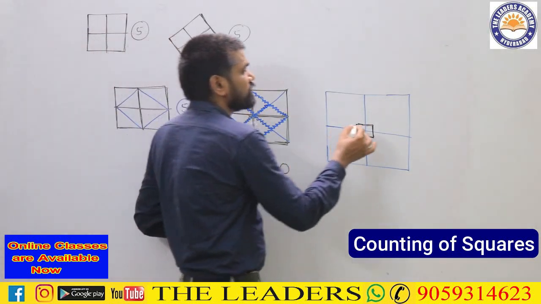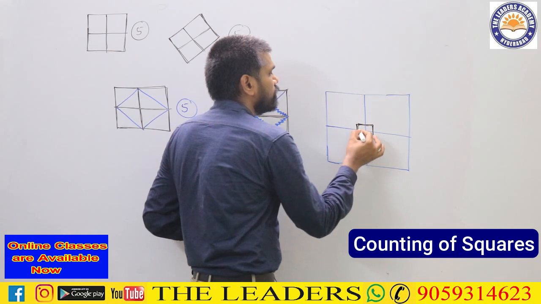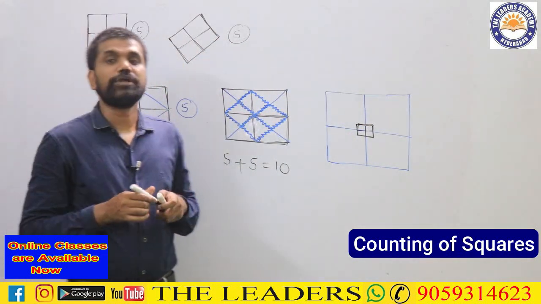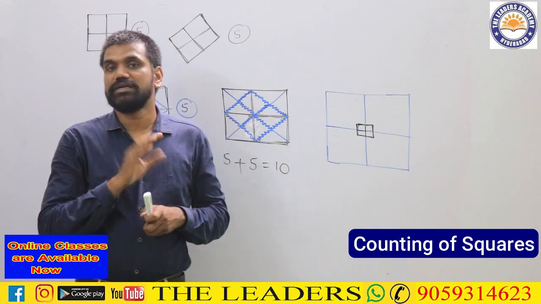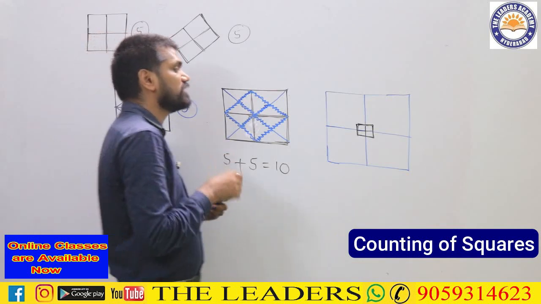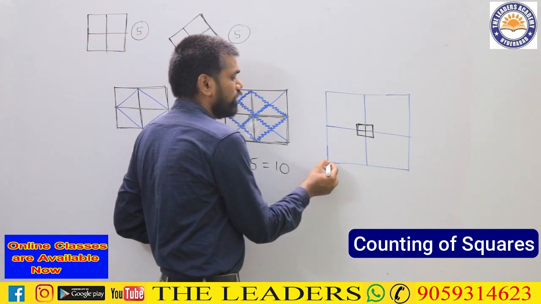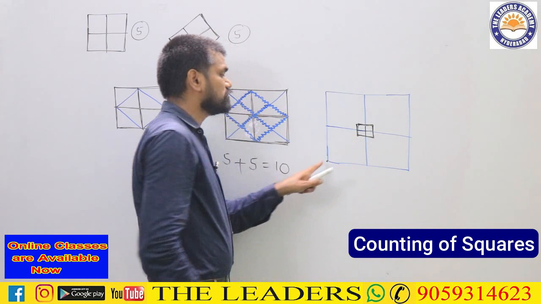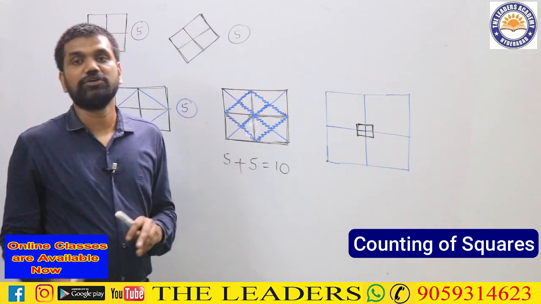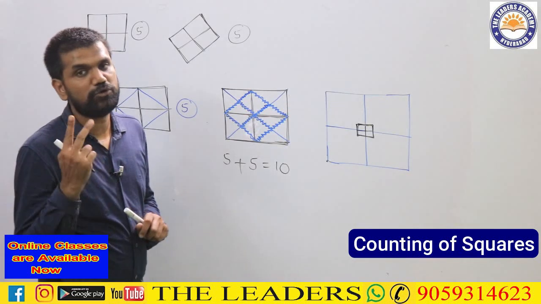Plus this small structure will again give me 5 more, because this is again looking like this shape only. So in total, the number of squares are becoming 10, because 5 in this one, 5 in this one. So in this type of situation, what I suggest is you count like this: 1, 2. So this is one shape, this is another shape. 2 shapes. So each shape will be giving you 5, each structure will be giving you 5, 2 structures are